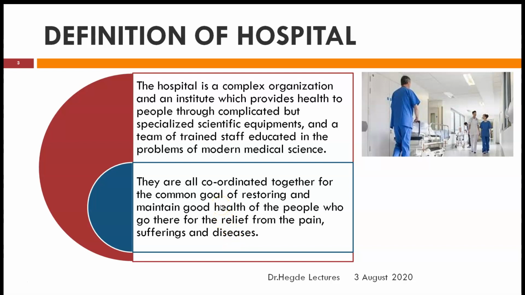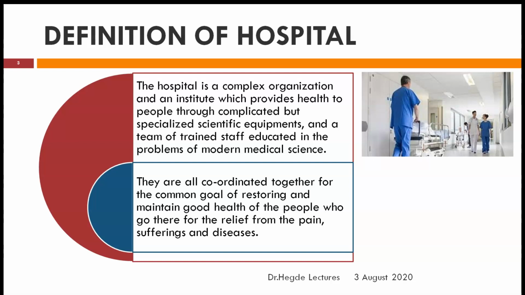Why do we go to the hospital? Because we have contracted some disease or an infection, and whether there is any pain or sufferings, it may be mental sufferings or sufferings because of trauma or an injury or any kind of disease we contract, we go to the hospital. And hospital, as we can see from the definition, is a complex institute or organization which provides health to all people through